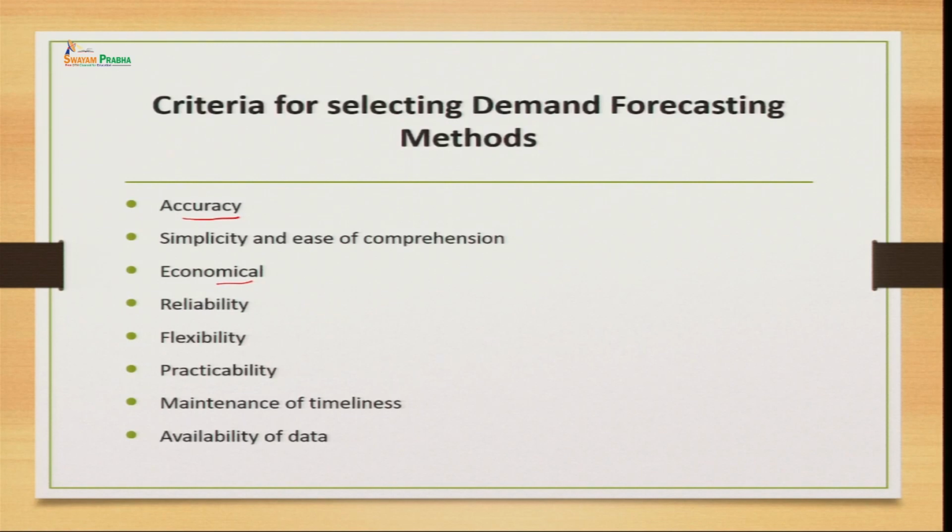Then reliability, whether you rely on that technique or not, right. If you yourself do not rely on the technique, then it will be difficult for you to plan on the basis of the results which you draw or make decisions on that basis. Flexibility needs to be there for sure, right, because we are doing it for the future and the future is always uncertain, right. So, you never know what kind of changes you need to make. Okay. So, your method or technique should be flexible enough. If you want to incorporate certain things into it in future, then definitely you can add to it. Okay. There should not be any kind of rigidity.